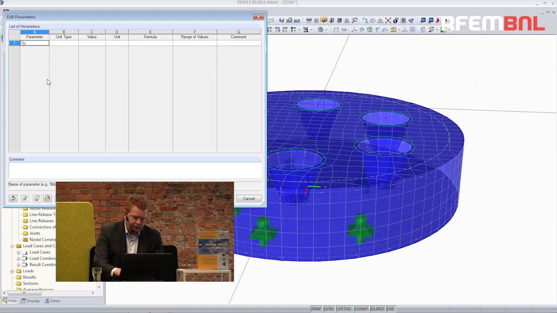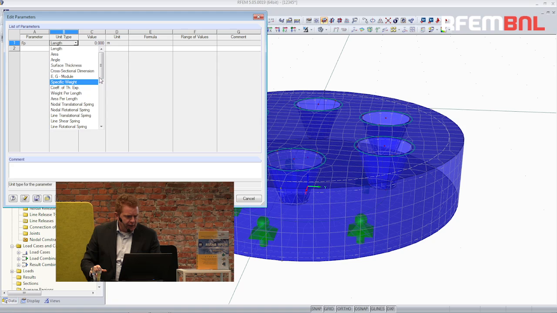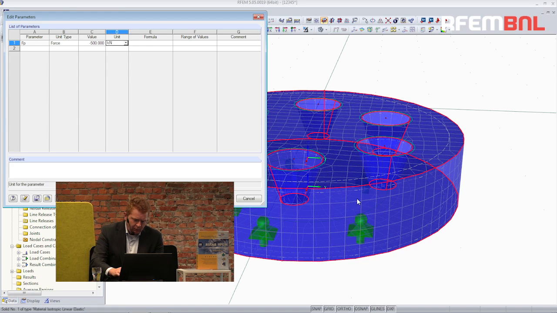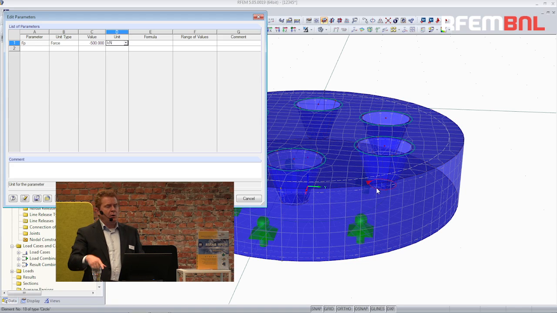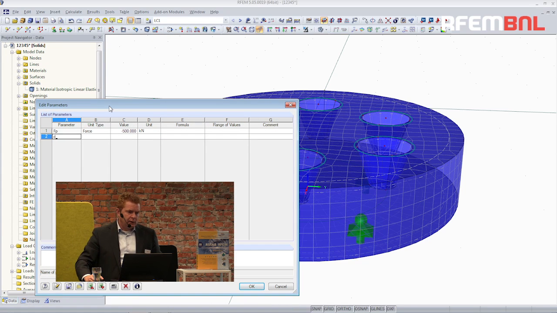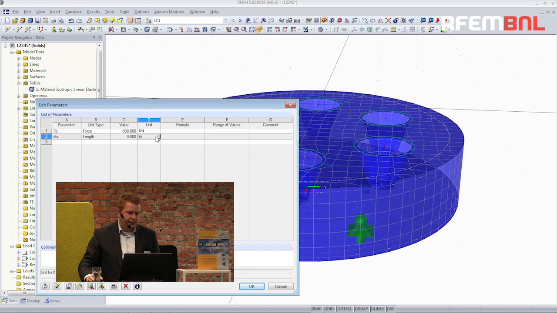So I say, okay, there's FP. It's similar, this parameter FP, and I have to define what it is. Is it the length? No, it is a force. So force, and I can define the unit in kilonewtons. I start with minus 500, something. Now what I want to do is apply this force to all these surfaces at the bottom, for instance. So I should know the diameter, dia,